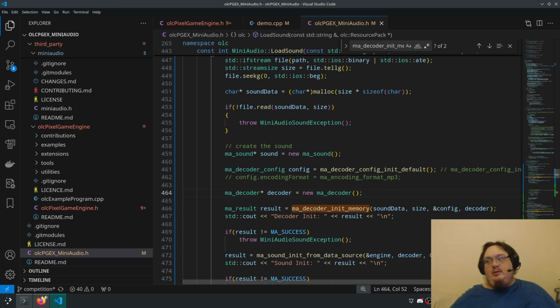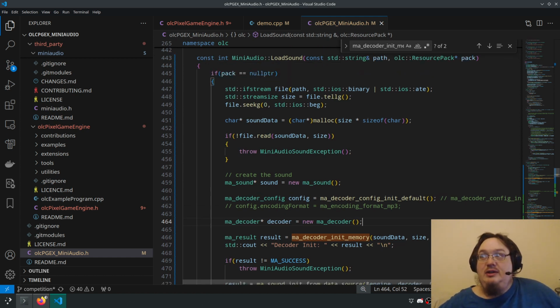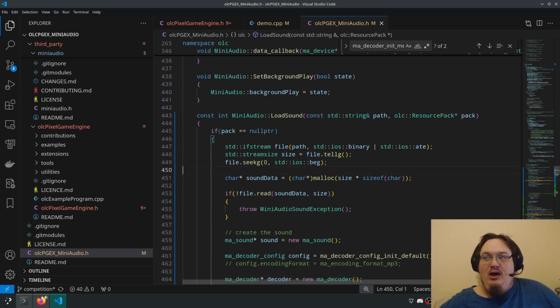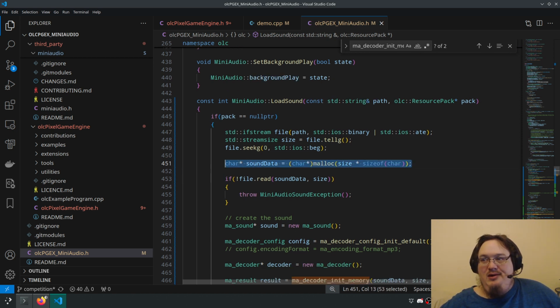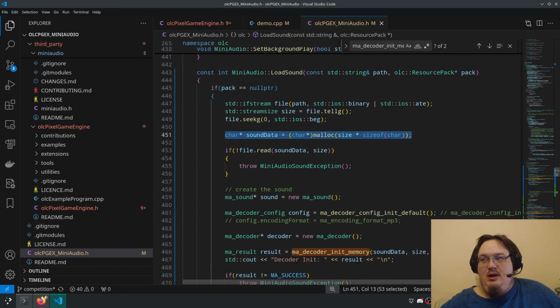So my suspicion that it's the decoder in some way seems valid, if we can trust my file loader up here, and the data here, and the reading of the data here.